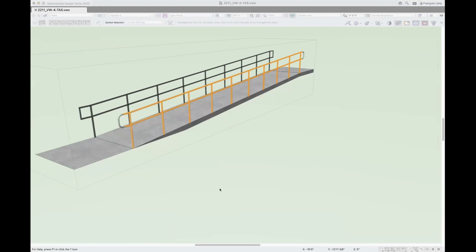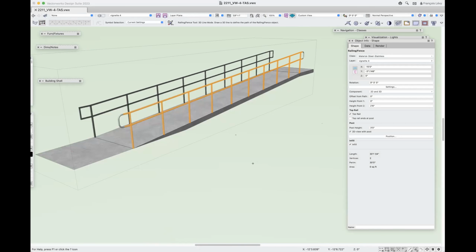So let's see. Any questions about that? Francois, when you snap to the corner of the ramp and up one side, yep, is that railing actually sitting inside the ramp, or is it